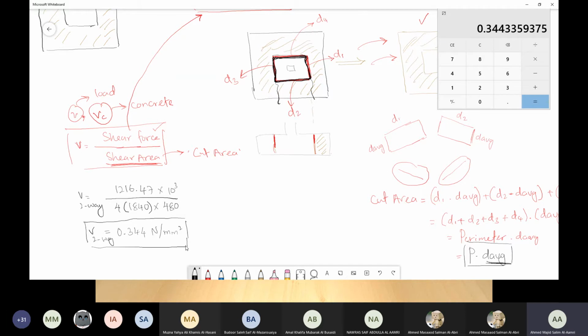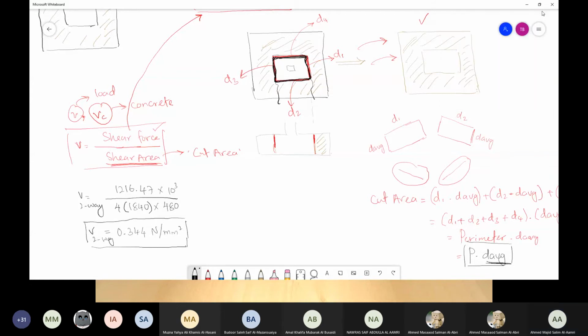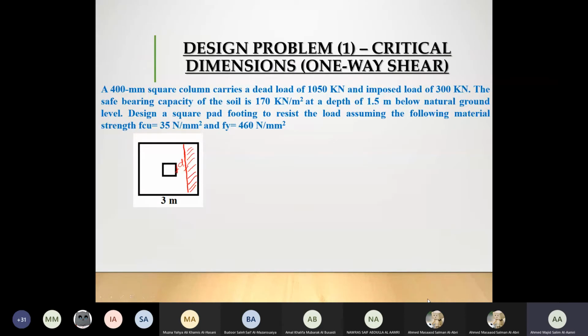Okay. Now, before deciding whether they will cut the concrete or not, we are going to calculate the value of VC. But first, before going to VC, is everything that I have explained for you here clear? Okay. So returning to the presentation, you can see now